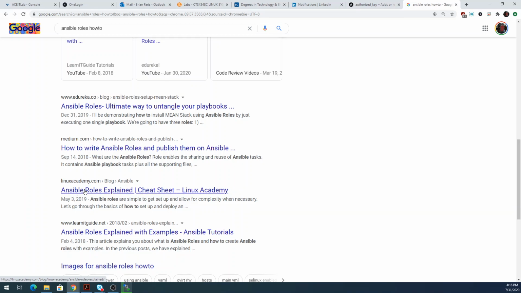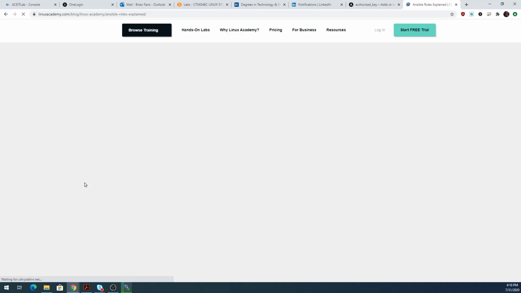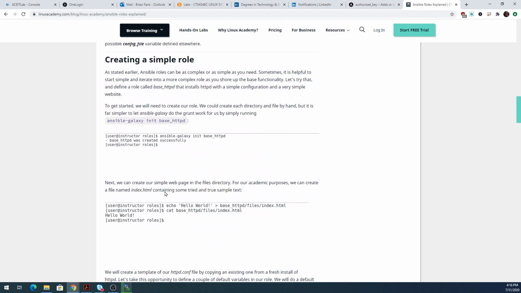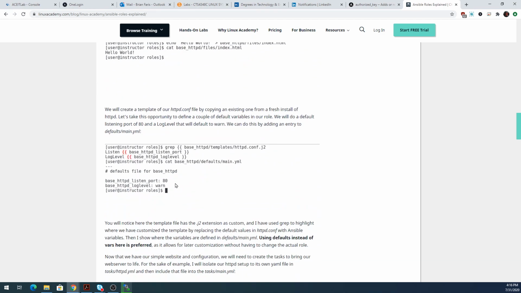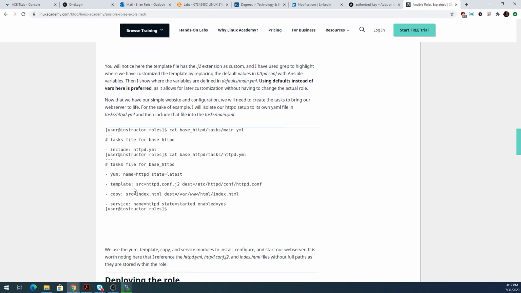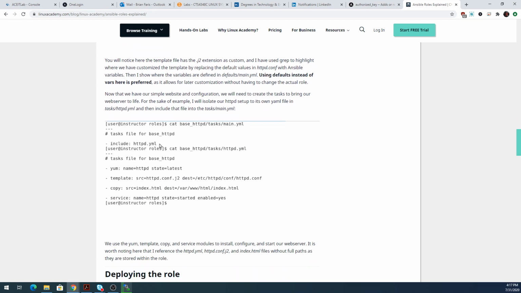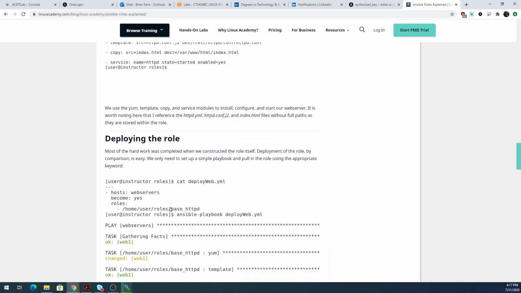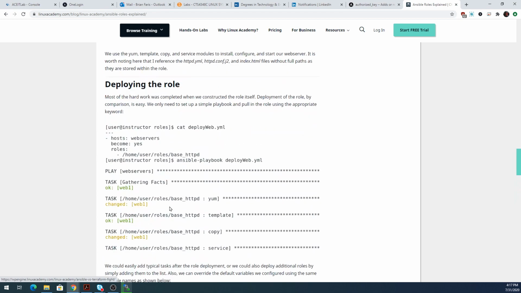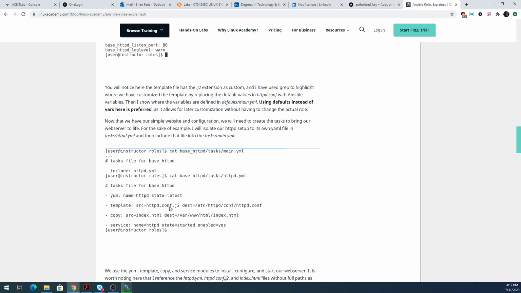I believe this is the one I was looking at. Here's a little bit of a write-up about how to do roles. You also have the book, and it gives you some examples. They create some files for you to deploy. That's where they put them. Oh no, this is the files. This is the tasks. So in their main